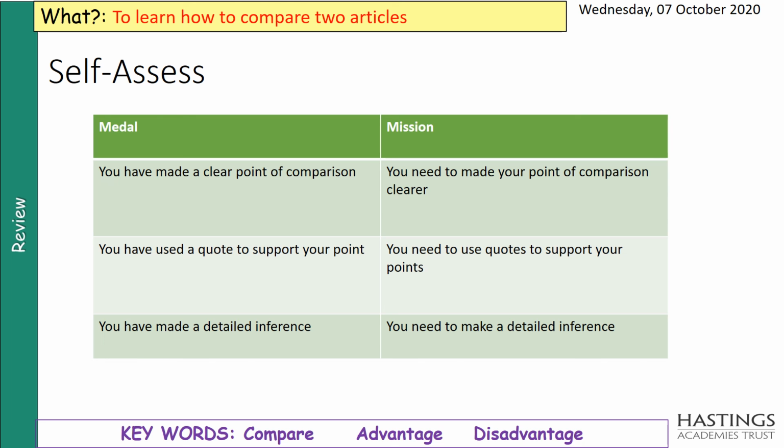So pause the video here to give yourself a chance to write one of each, and then once you're finished that, you can send your work over to your teacher,